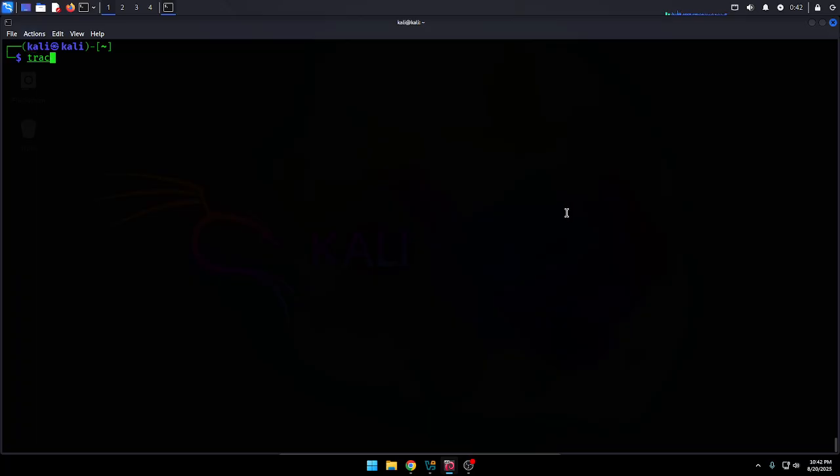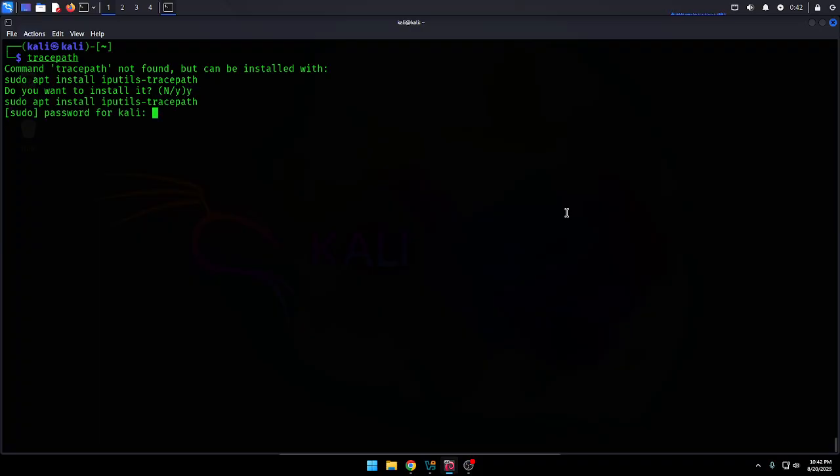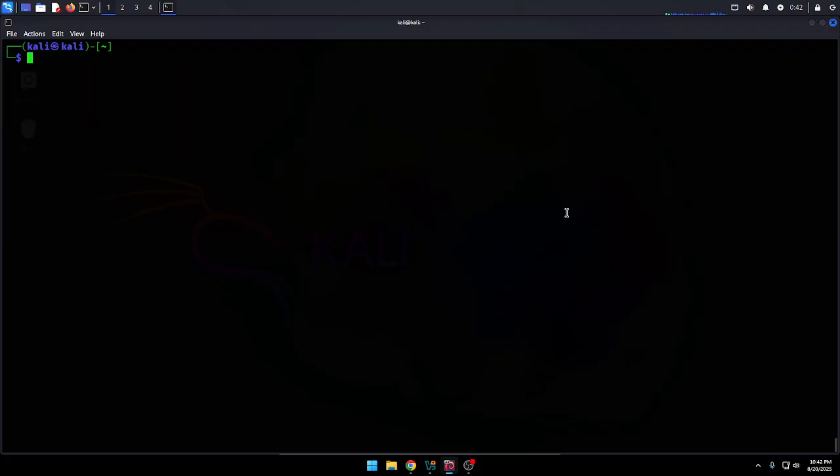Trace path. Sure, I guess I will install trace path. Or not, because apparently they got rid of it. But we can, a lot of these